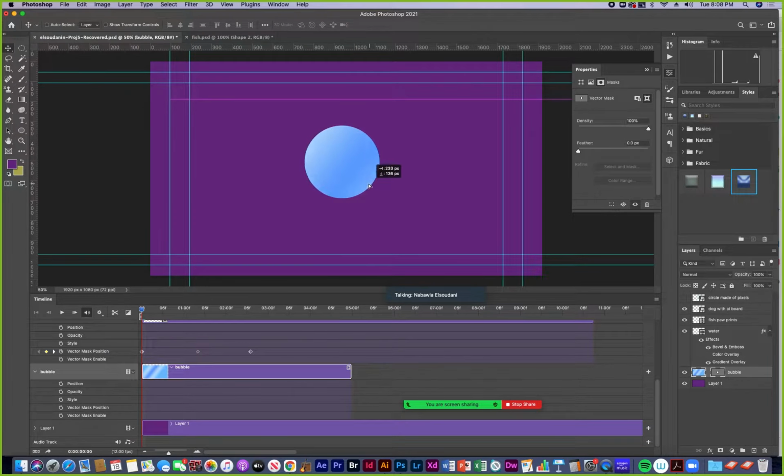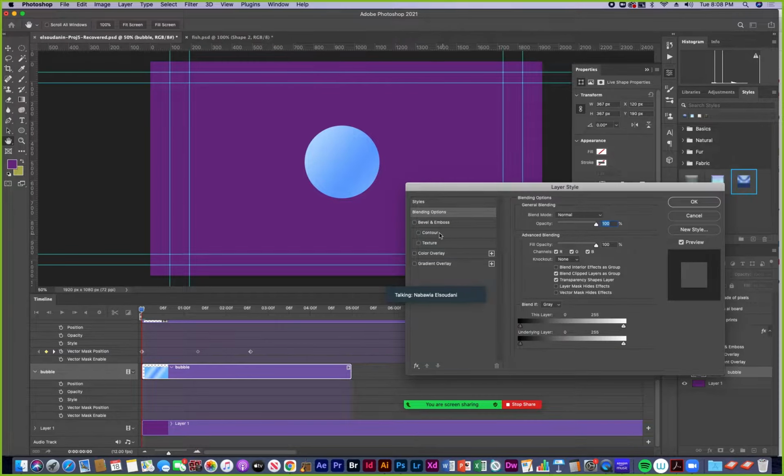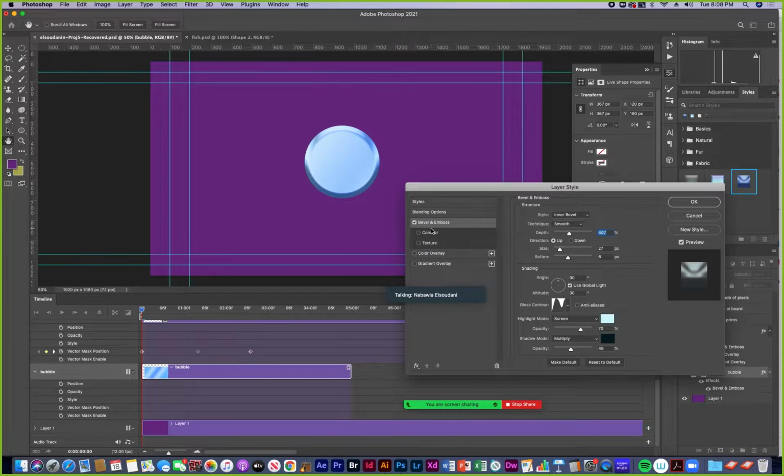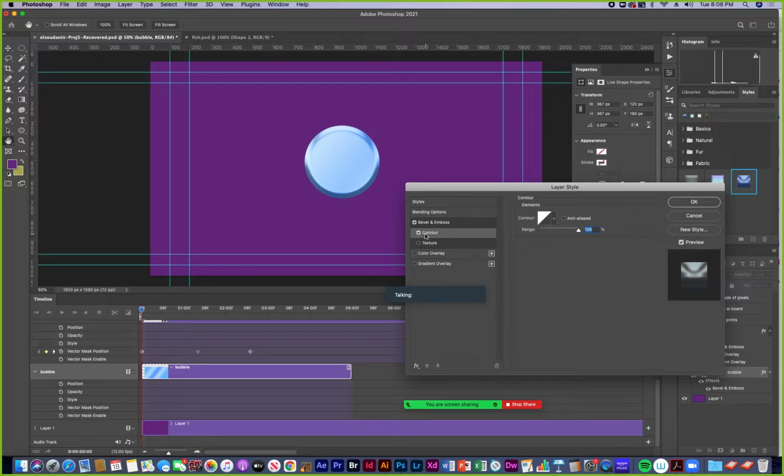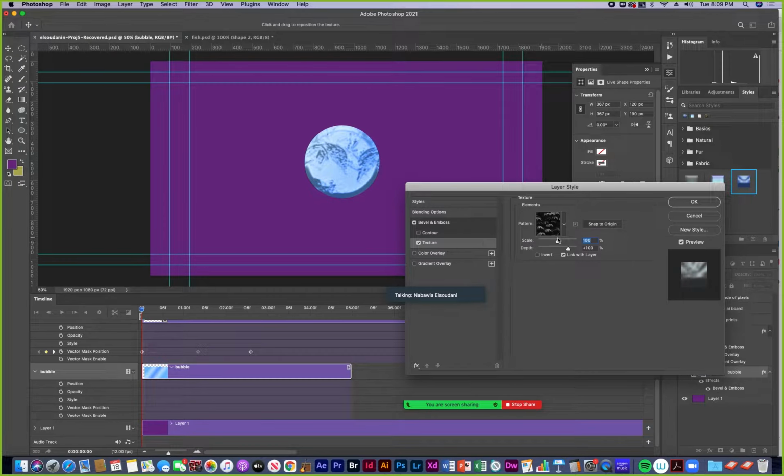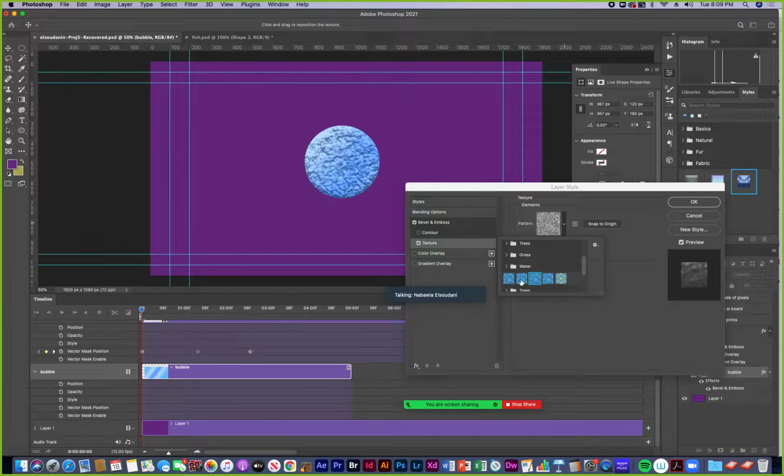But maybe I want to do something a little bit more interesting, something a little brighter. So let's see, maybe with some texture. So I could double click and add like the bevel emboss and adjust the maybe, well, let's do texture and try, let's see, there's water textures here.